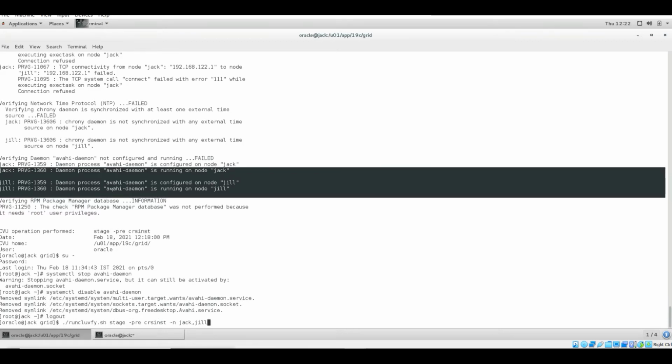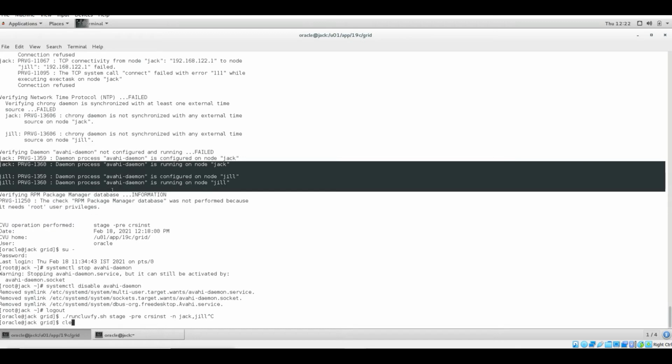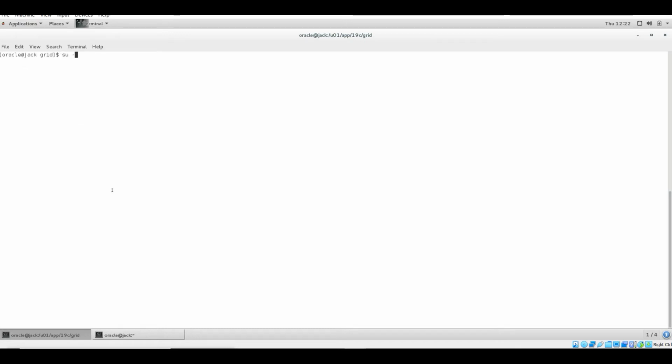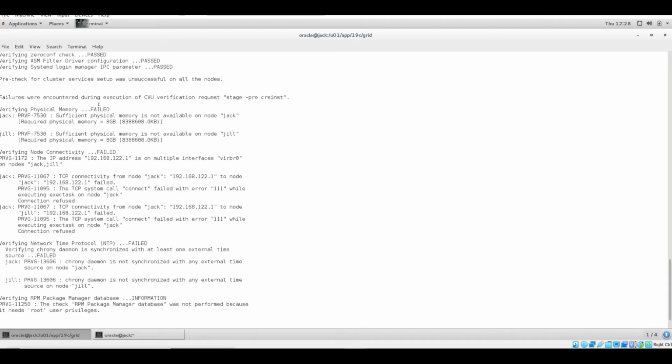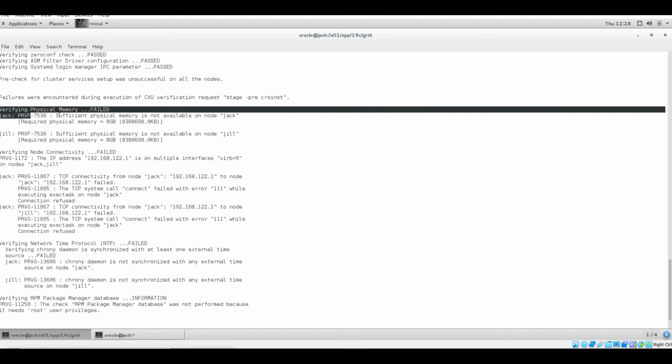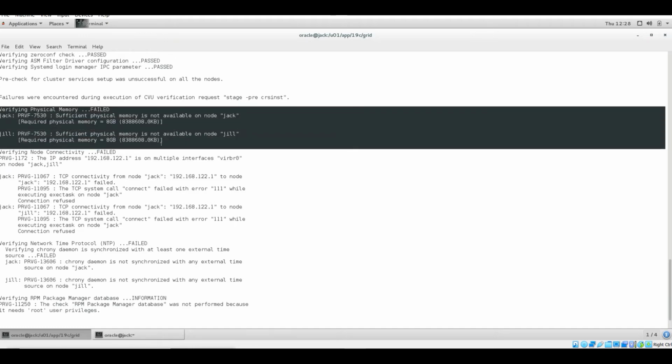So I'm running it again. Let me clear the screen first, and I'm running it again. Let me see what all errors it comes. As you can see, the first error which we were facing at first has been resolved. So my cluster verification utility has run, and you can see from here, this we can omit.